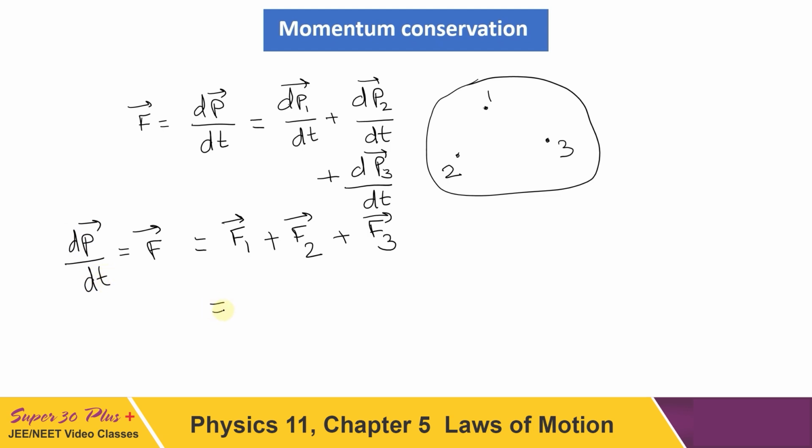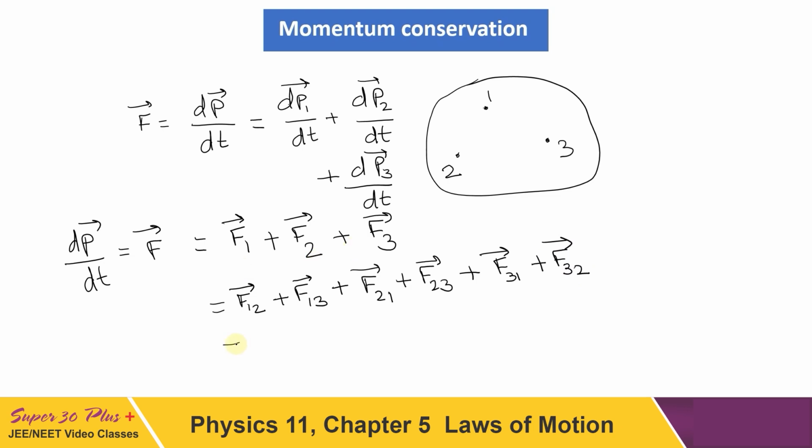Now, what is this F1? Since we have considered our system to be physically isolated from the surroundings, if there is a force applied on 1, it should be applied either by 2 or by 3 or by both. So F1 can be written as force on 1 due to 2 plus force on 1 due to 3. The same has to be for particle 2. F2 can be written as F on 2 due to 1 plus F on 2 due to 3, and for 3 also this is F on 3 due to 1 plus F on 3 due to 2. So in this way we can write all the 3 forces F1, F2 and F3.